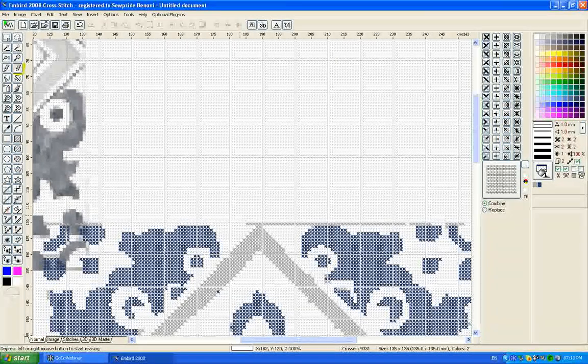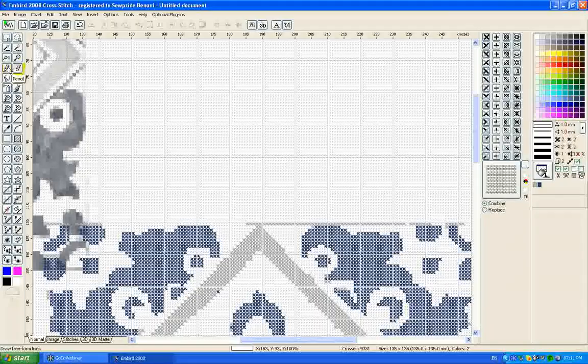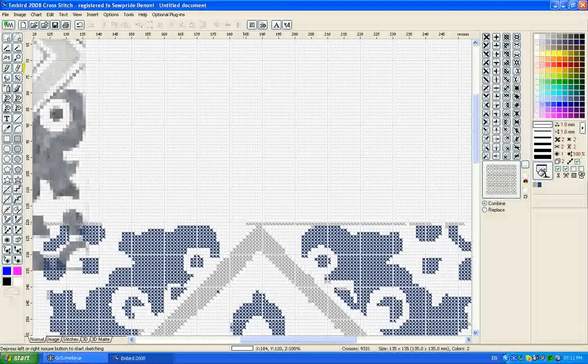So right, and I need to put a little outline around my design. So for that, I'm going to go over to my pen, which is the one next to my eraser on the left-hand side, on the icon bar just below the one-on-one zoom. I'm going to pick that up. I'm just going to add,